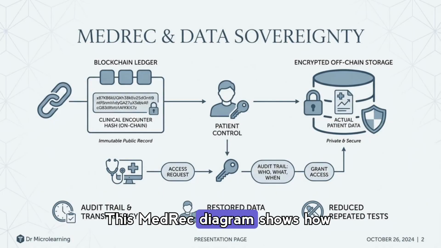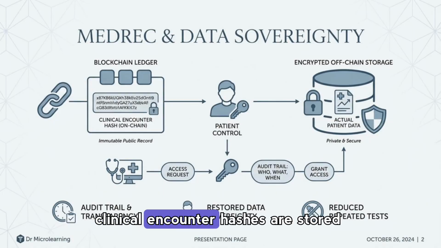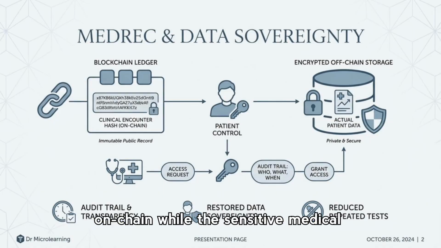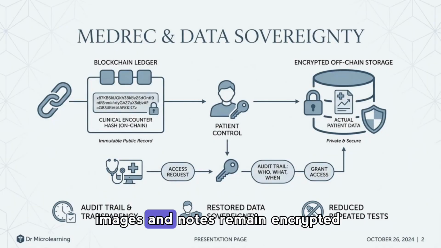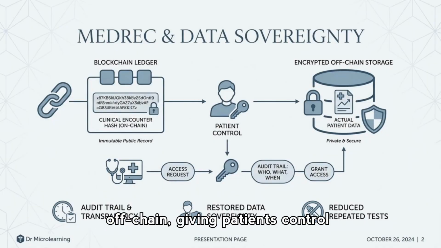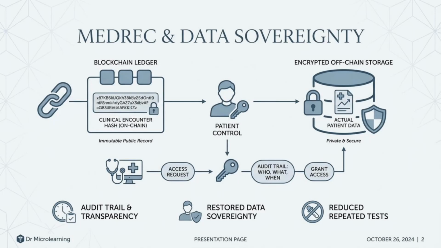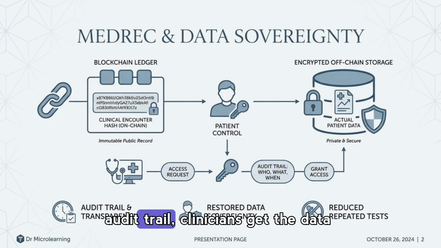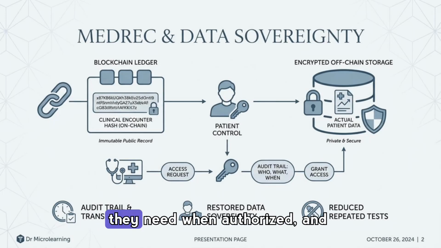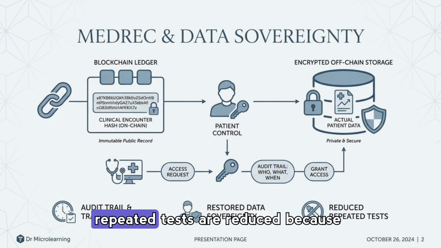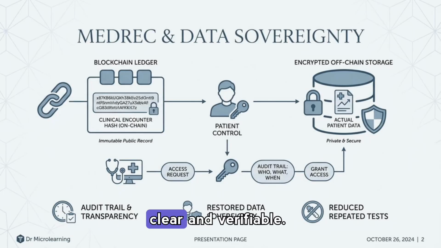This MEDREC diagram shows how patient data sovereignty works. Clinical encounter hashes are stored on-chain, while the sensitive medical images and notes remain encrypted off-chain, giving patients control over who can access their records. Access requests are logged with an audit trail. Clinicians get the data they need when authorized, and repeated tests are reduced because provenance and permissions are clear and